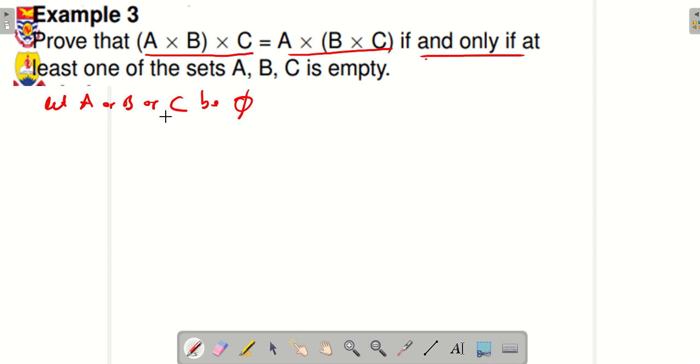So we have made an assumption that either A or B or C is an empty set. If that is the case, then we know from the characteristics of Cartesian product that